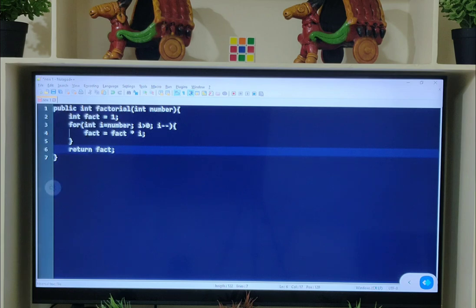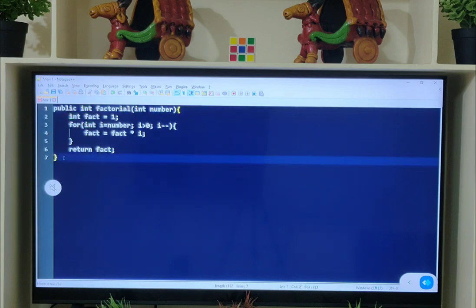The function name is factorial and it returns an integer value. It has the access modifier public, and it takes a parameter number of type integer, and this factorial method returns a value.